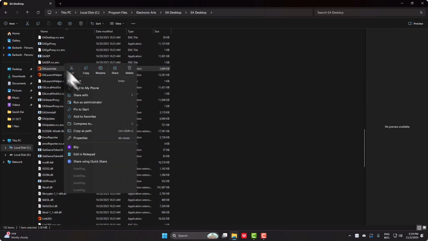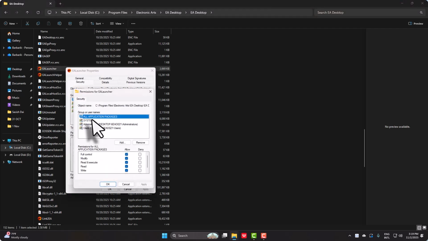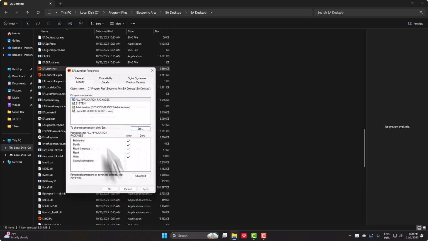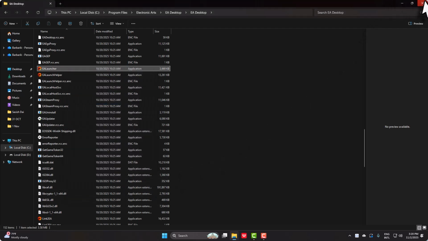Simply go ahead and right click on that and click on properties. On the security tab, click on edit and allow full control on all application packages, system administrator and users. So like I've done, and go to compatibility and run this program as an administrator always. And that is it. Your